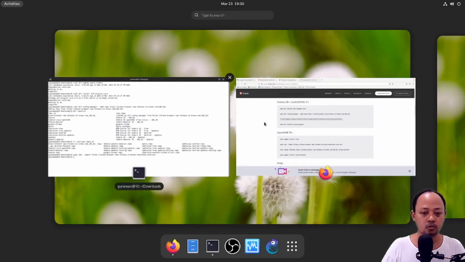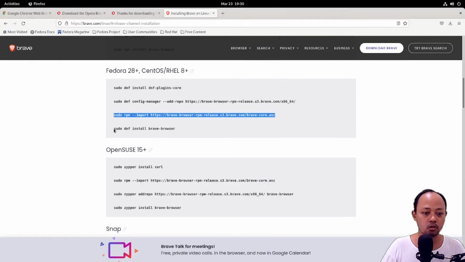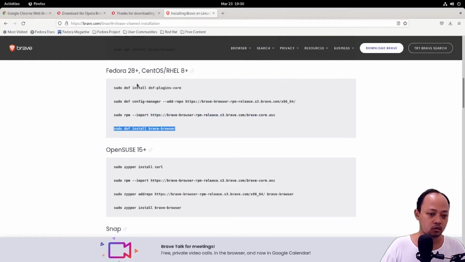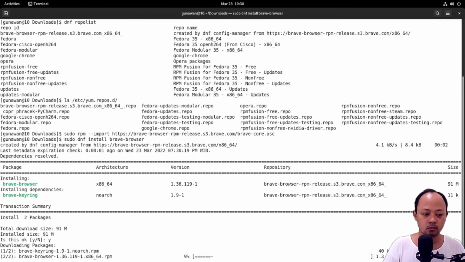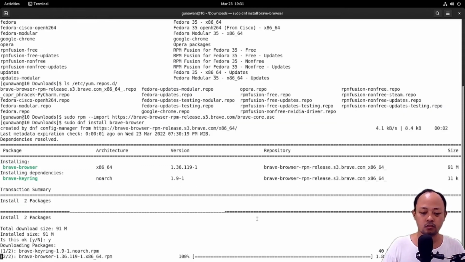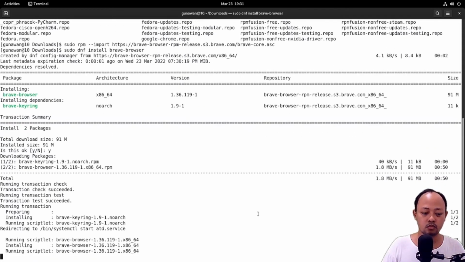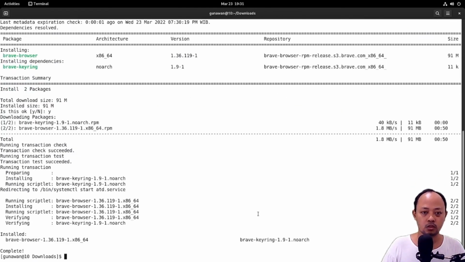And then we will continue to execute the fourth line. The installation process is done.